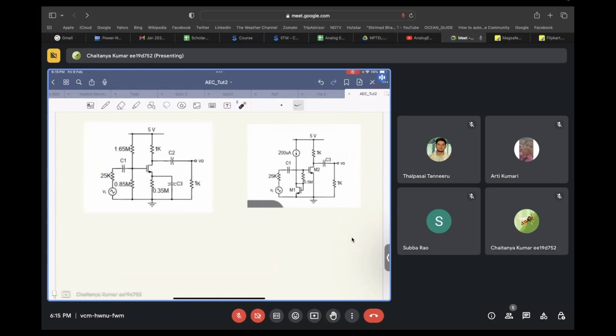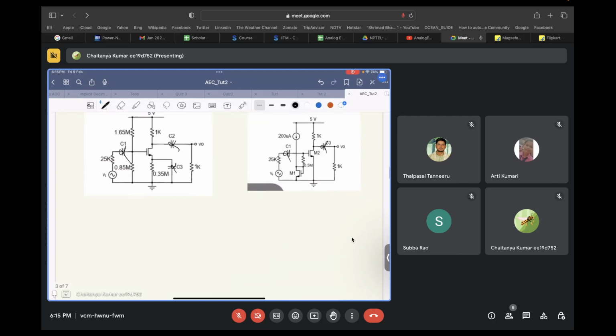So yeah, these two circuits are visible, I hope. Yes, sir. So let's forget about all the small signal things that are attached to the circuit. These are open circuits. Let's draw only the biasing, how these circuits look in DC. If we do that, what we find here is